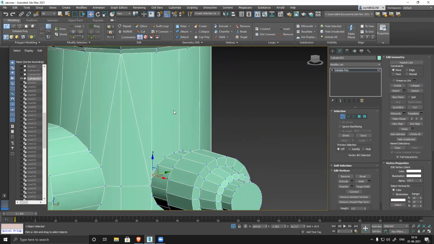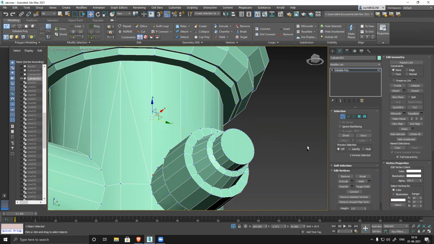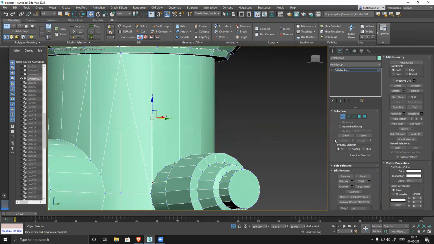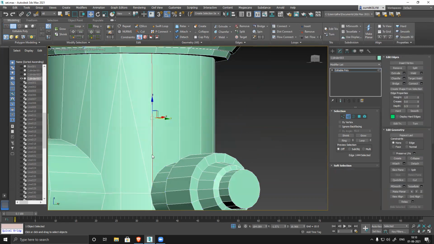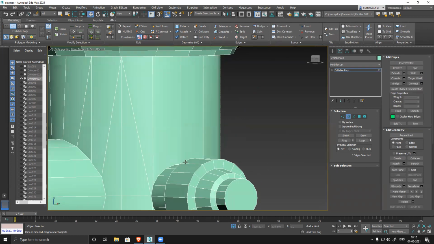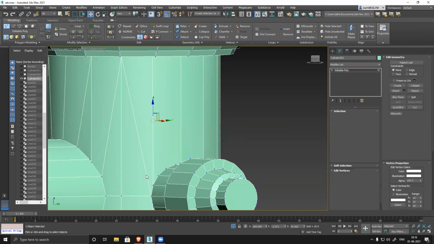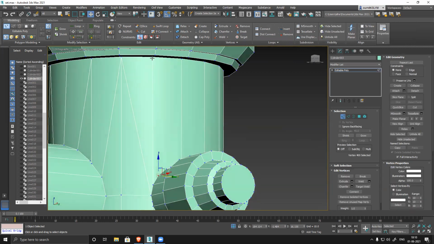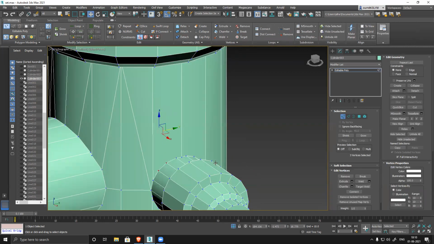Now let's see. Select this one and this one, connected. It's connected. I can select the other edge, delete it. So it becomes flat and clean. Connect.